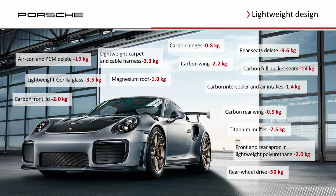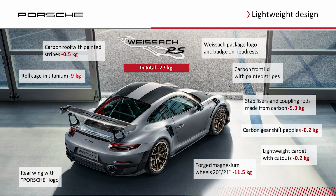Full carbon bucket seats, 14 kilograms. Carbon intercooler shrouds and air intakes, 1.4 kilograms. Carbon rear deck lid, 0.9 kilograms. Titanium muffler, 7.5 kilograms. Front and rear apron end lightweight polyurethane, 2 kilograms. And rear wheel drive, as opposed to the all-wheel drive system in the Turbo S, saves 50 kilograms. If you option the WISAC package, a carbon roof with painted stripes saves 0.5 kilograms, a titanium roll